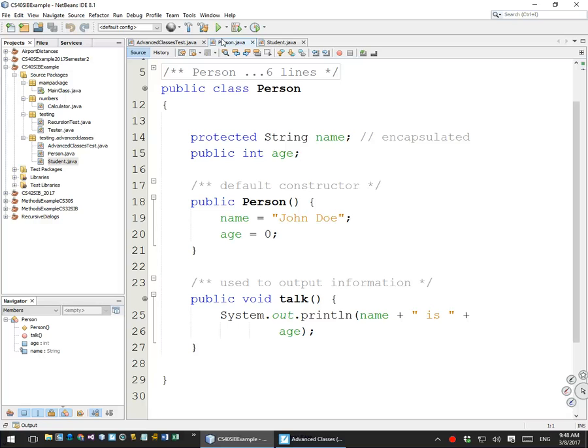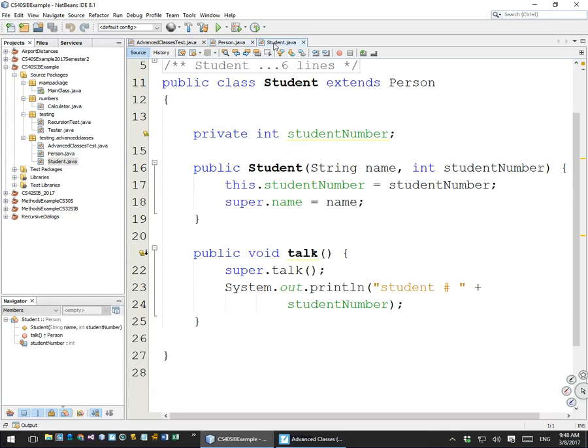One was a constructor method, one was a talk method. Then we did a student class, which had one property, which was private or encapsulated. It had a constructor method with parameters. Remember, one without parameters is called a default constructor. And it has a talk method that overrides the talk method of the person class because we've initiated inheritance by